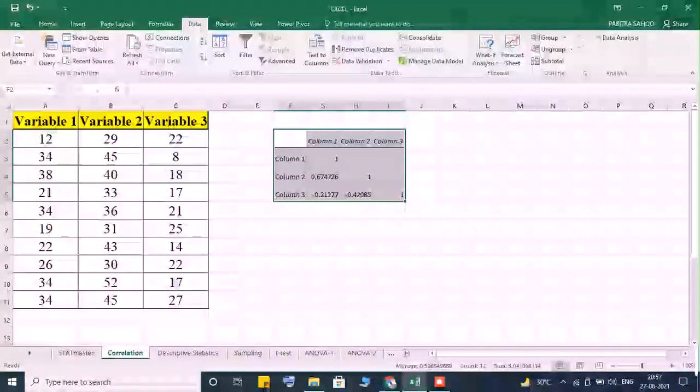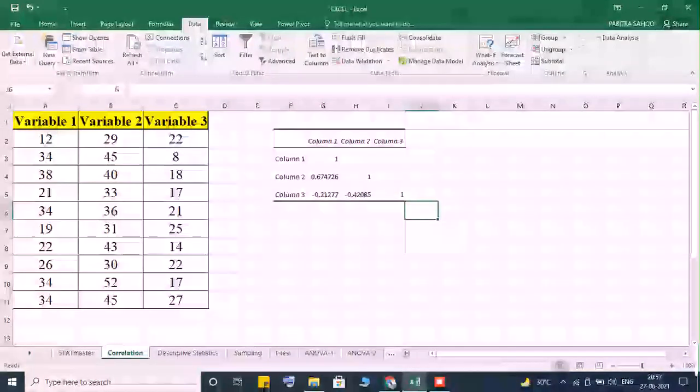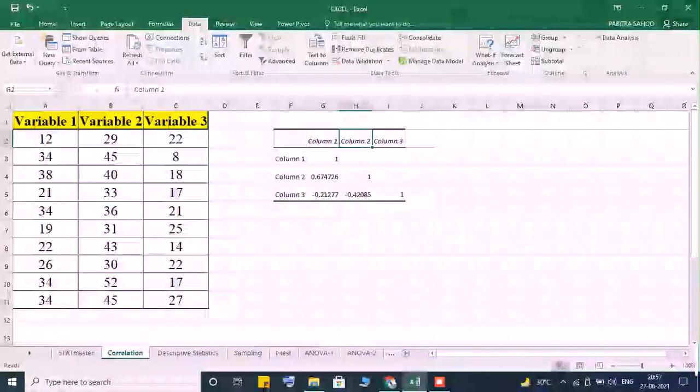Now you have to understand how to read the correlation. Column 1 is highlighted as variable 1, column 2 as variable 2, and column 3 as variable 3. Column 1 with column 1, that means variable 1 and variable 1, has a perfect correlation because both variables are the same data.